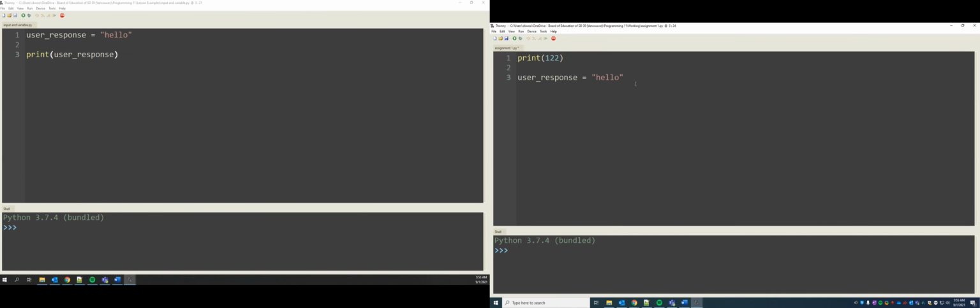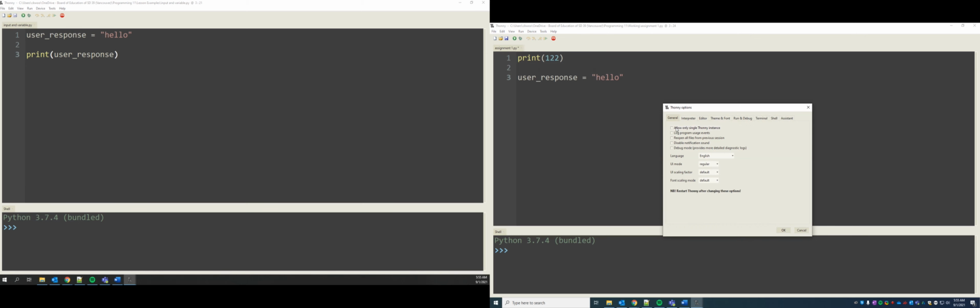Thonny does not allow you to do that by default. You have to make it be able to open two instances of Thonny at the same time. I believe it's here in the options somewhere. Oh yes, where it says allow only single Thonny instance. That is checked off by default, so you can only have one window of Thonny. If you uncheck it,